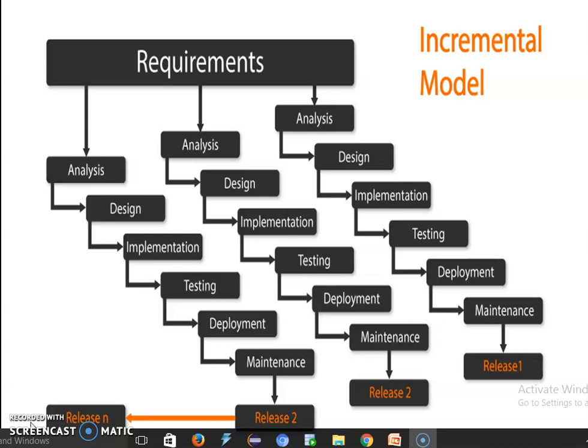One more benefit of the incremental model is that technical risk can be planned for and managed. Let's take an example. A big system might need new hardware that may still be under development.